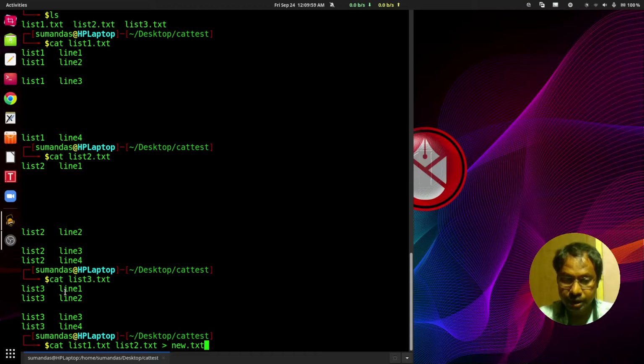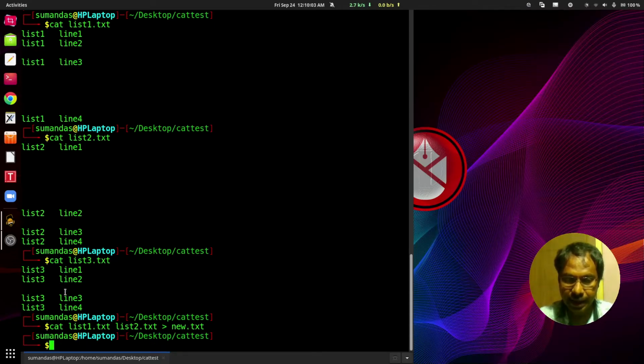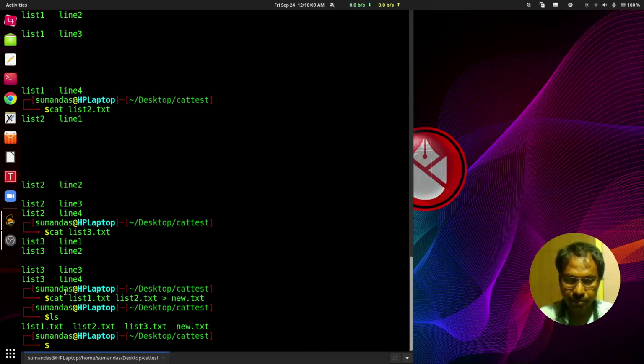That means the new.txt file would be generated now. Press enter and we can check the content of the directory at that moment. And here the new.txt file has been generated.